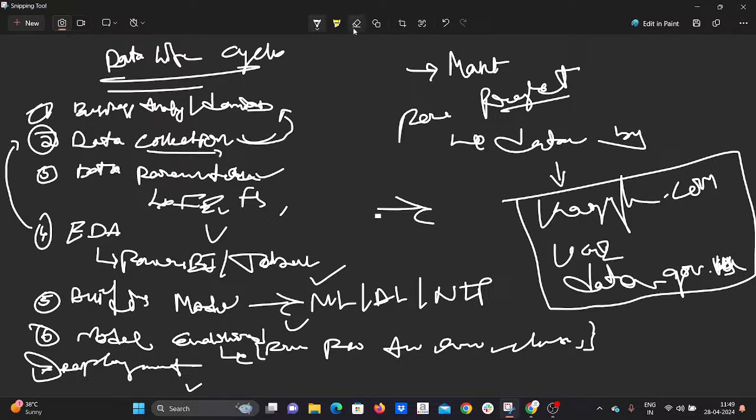Like that, the data science life cycle. Okay, I hope you understand this up to now. Now let me discuss how freshers can get a job in data science. Okay. So what are the skills I mentioned previously? You need to know each and everything.